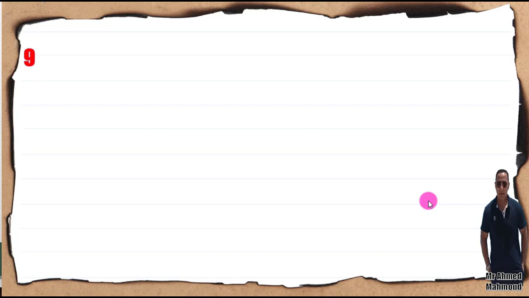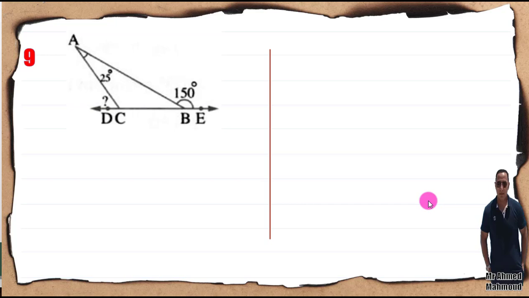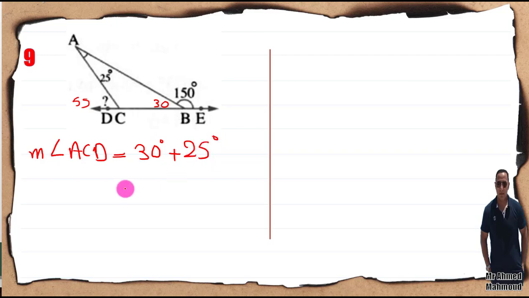Now also the rest of this question, number 9. In number 9, if I need to find the measure of angle ACD, first I need to find this one. This is a straight angle. 180 minus 150 equals 30. So this angle ACD equals 25 plus 30 equals 55. Measure of angle ACD equals 30 plus 25 equals